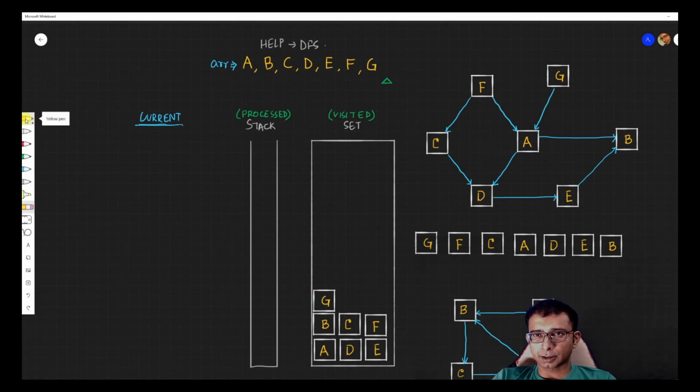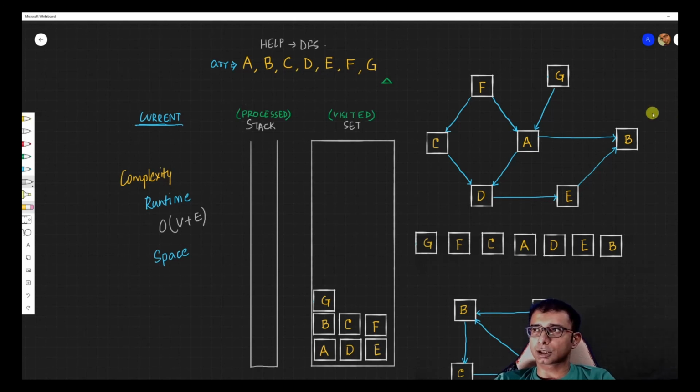Before we finish up, let's talk about the complexity of this algorithm. So for runtime, we'll have an order of V plus E, right? Where V is the total number of nodes that you have and E is the total number of edges you have. So you can have multiple edges, right? When you have more edges, it means more traversal will take place, right? So this complexity is the very same as DFS, as mentioned over here. So we are basically doing a DFS, nothing else, right?